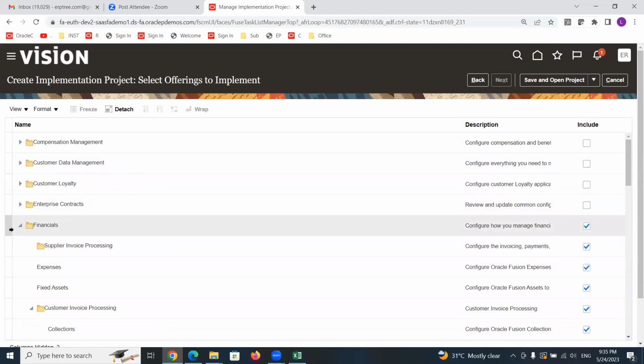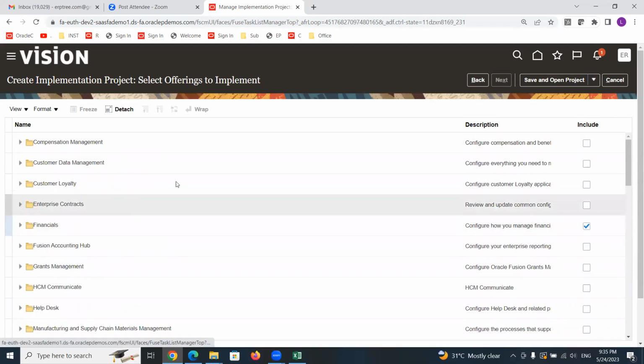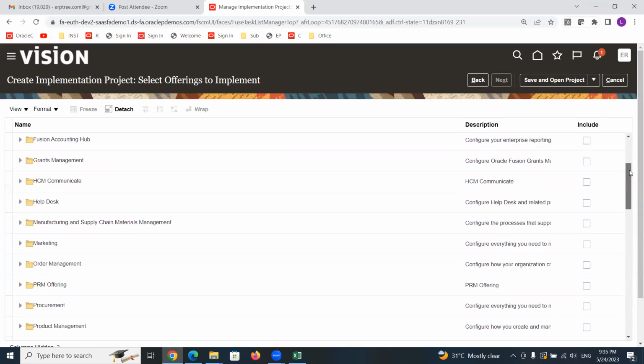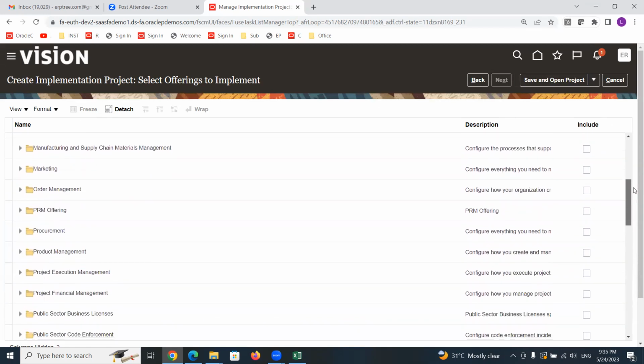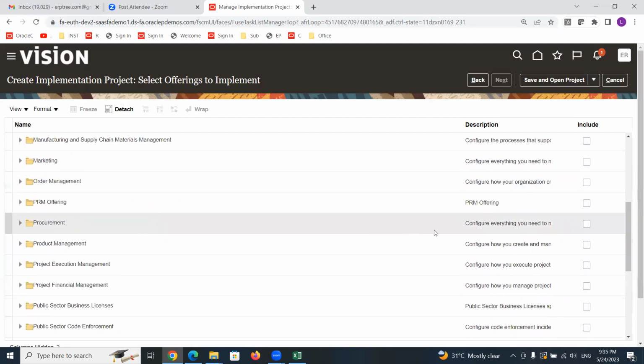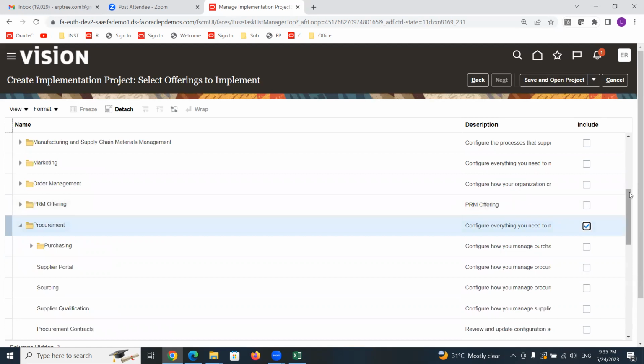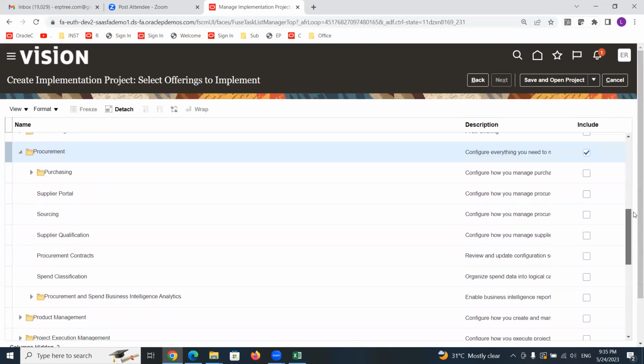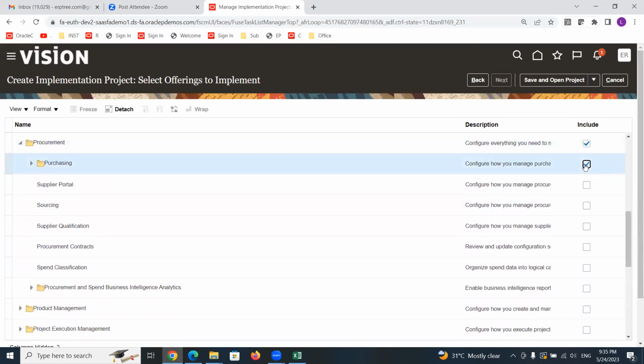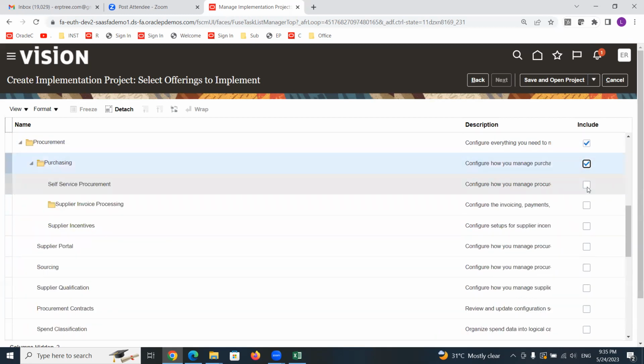If you want to include any other offering into our implementation project, you can include it with the same process. So if you want to include procurement also, enable procurement, I mean include procurement. Within procurement, everything you need you can include.